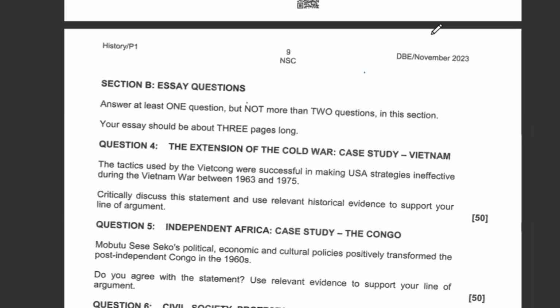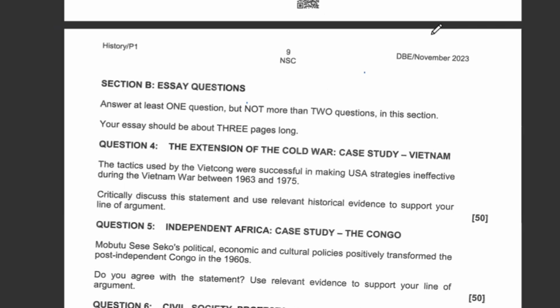So you explain that and you link it back to the fact that it worked in favor of the Viet Cong, and it disadvantaged the Americans in the particular war. Right. Then we can also go to another strategy, which is that the Viet Cong used the neighboring countries as their support in the war. It's a very valid point, which you can also use in the presentation.